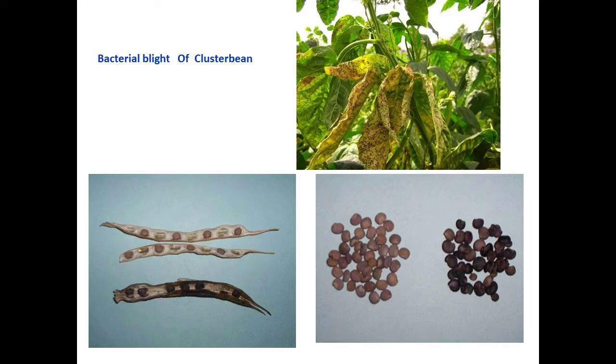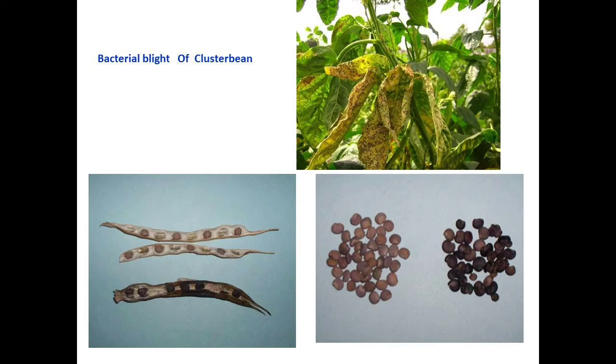Here you can see the symptoms of this bacterial blight of beans, showing small circular water-soaked spots on leaflets. On the lower surface of leaves, it produces oily or olive-colored spots. Fully developed spots become jet black in color. These spots coalesce to form big necrotic patches surrounded by a chlorotic halo. This is the particular mark of identification for this bacterial blight.